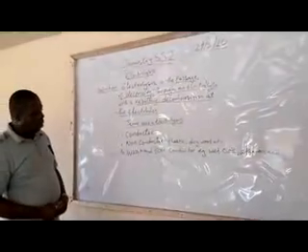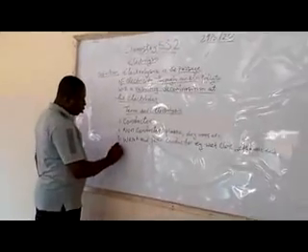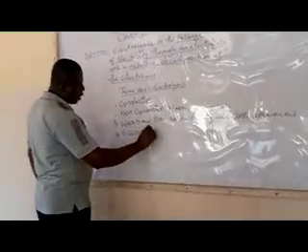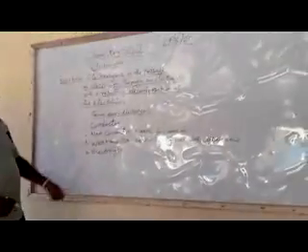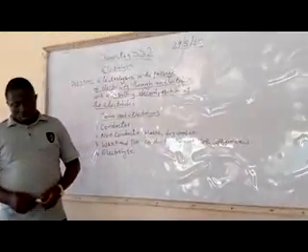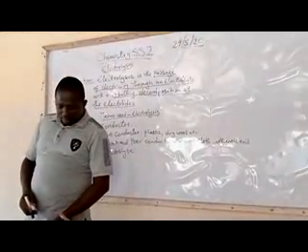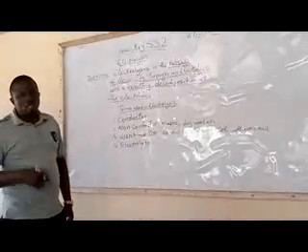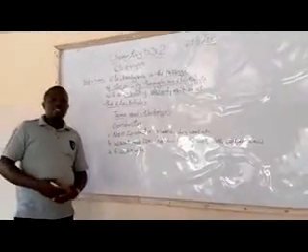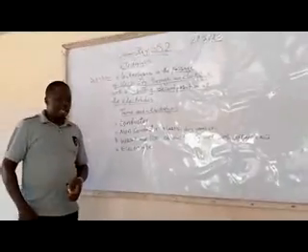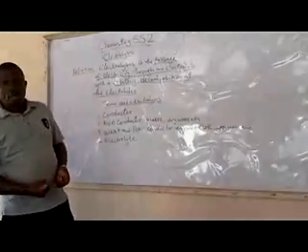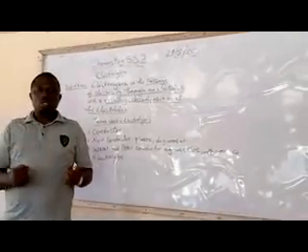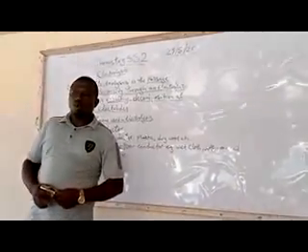Then we come across number 4, electrolytes. Just like we mentioned during the definition of electrolysis. What are electrolytes? An electrolyte is a substance which, when in solution or in molten form, allows electricity to pass through it. Just like the table salt we are using in class. If you pass electric current through the table salt when it is solid, the current will not pass through it.